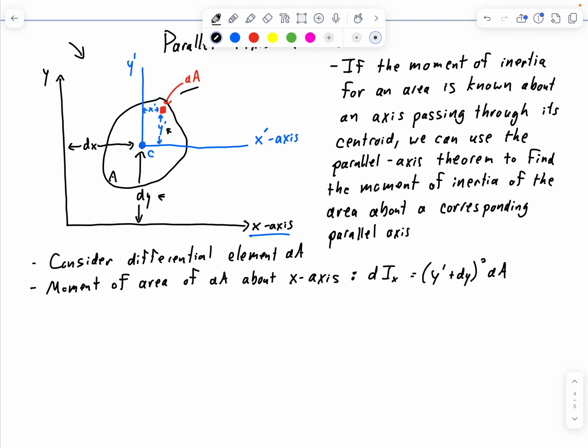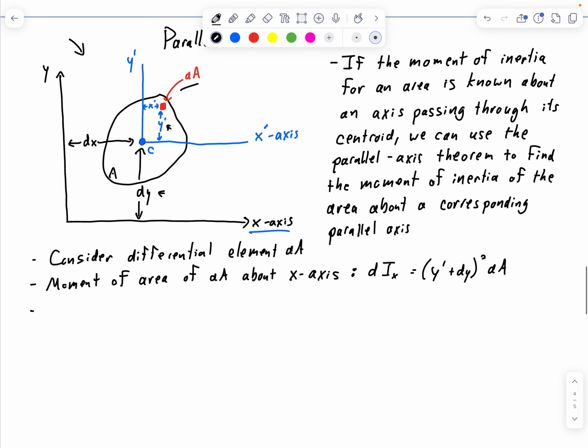Now, that's just for the differential element. If we want to find the moment of area for the entire area,